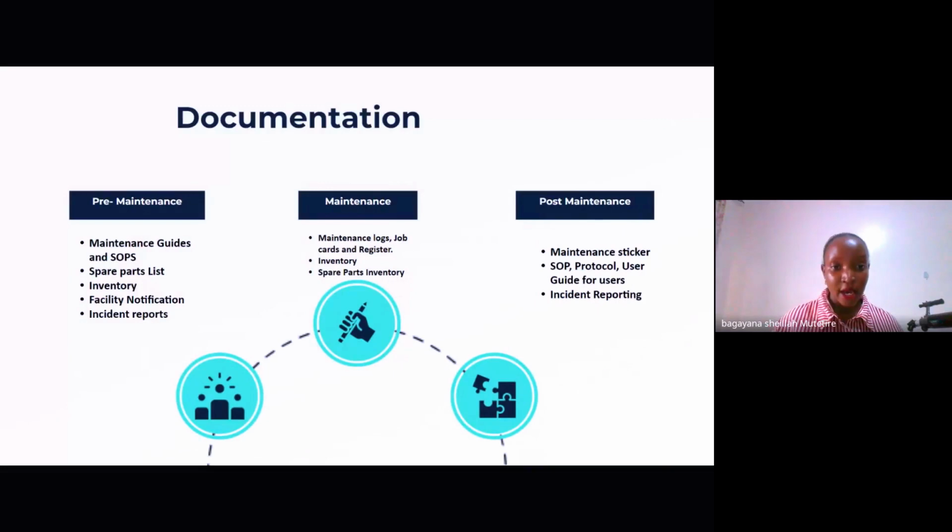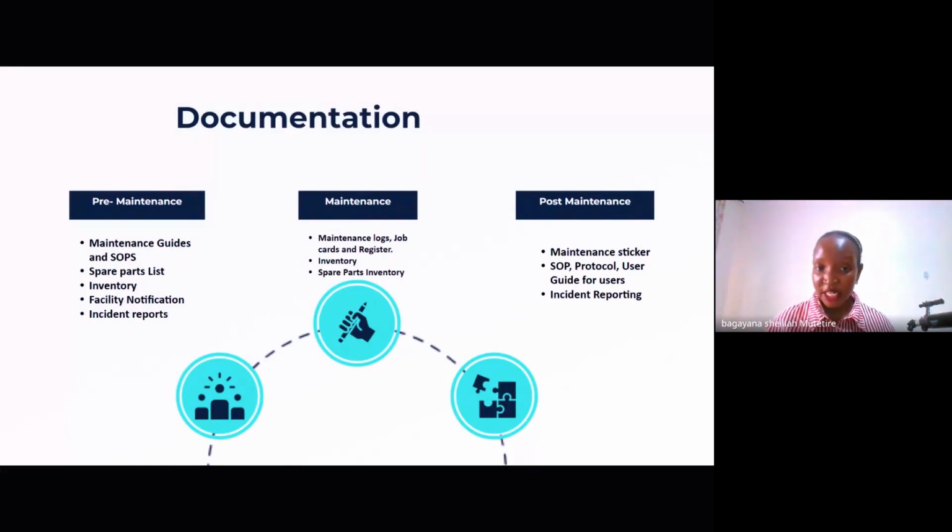So immediately they notify you or something happens, this is filled, and then we can decide the next course of action to take. For maintenance, we have maintenance logs, job cards, maintenance register, of course, the inventory, which is key for all biomedical workshops. You should have an inventory and keep changing it as you do work, revising the inventory. It should be a moving document. Spare parts inventory.